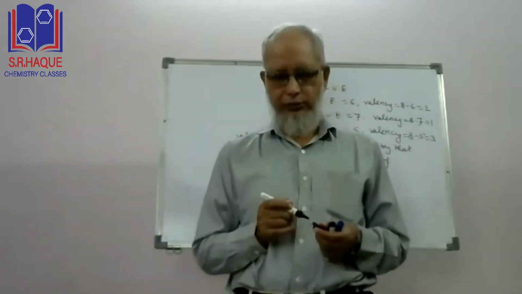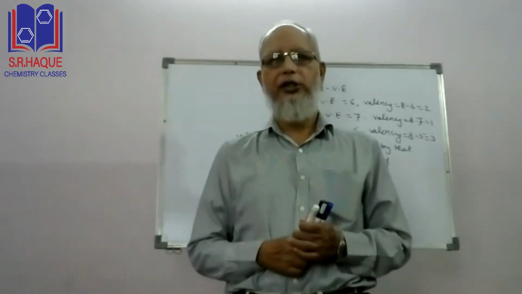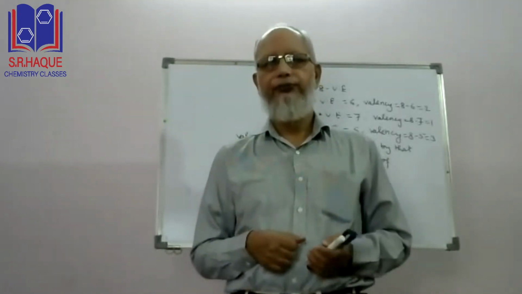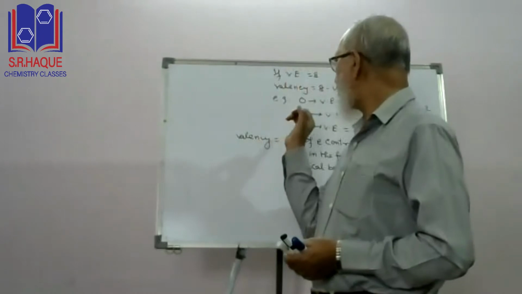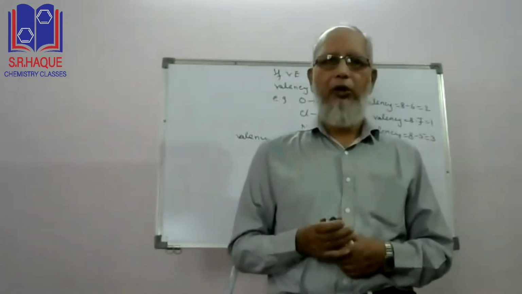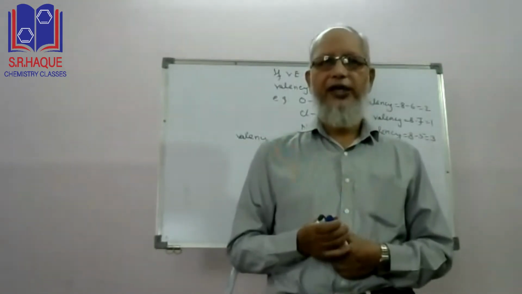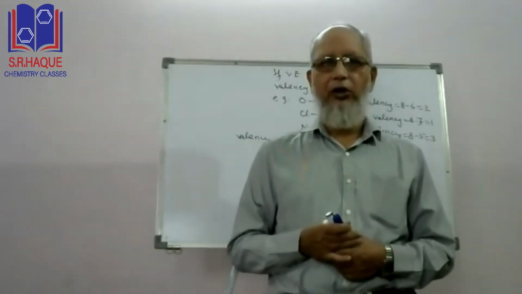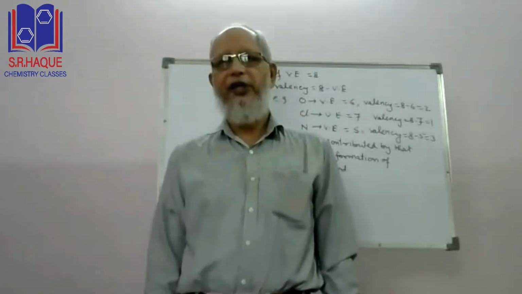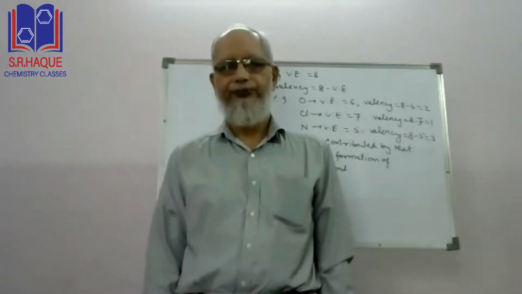So if the valency is 2, as for example in case of oxygen, it means it will contribute 2 electrons in the formation of chemical bond, whether it is electrovalent or covalent bond, that I will tell you right now. Similarly, if the valency of nitrogen is 3, it means it will be contributing 3 electrons in the formation of chemical bond. Or its 3 valence electrons will be utilized in the formation of chemical bond. Similarly, in case of lithium, the valence electron is 1. That's why it will contribute its 1 valence electron in the formation of chemical bond.